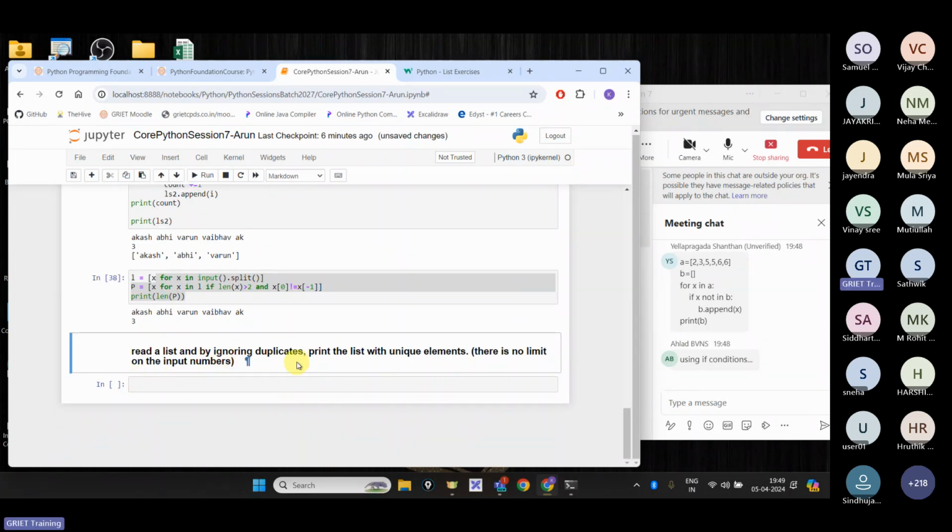Read a list and, by ignoring duplicates, print the new list with unique elements. I think this will simplify your approach, because if you want to remove and create a new unique list, it takes some time. So, based on the time constraint, I've just updated the question. You just need to enter a normal list, separated by commas. Obviously, we have to convert that into